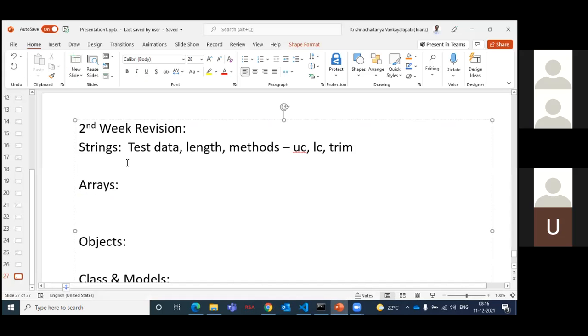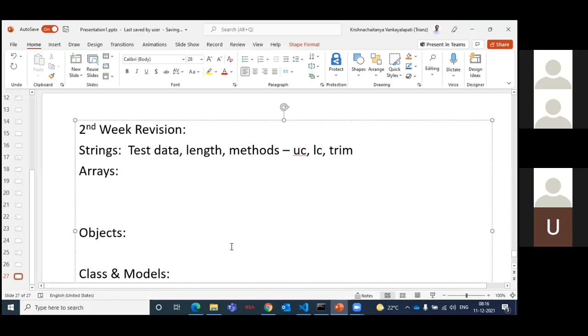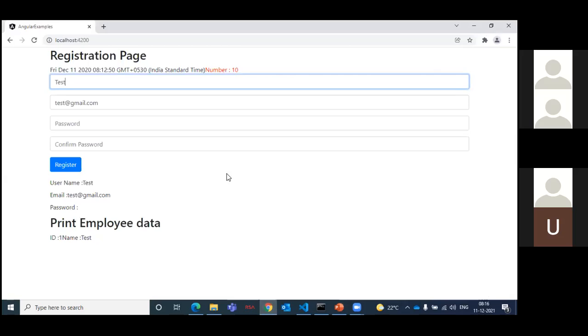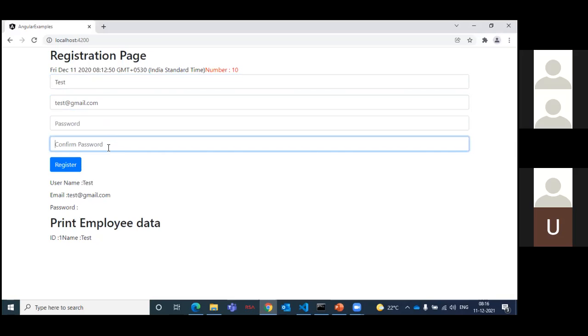Next, what we have discussed: arrays. What happened in the primitive data? For example, we have a page like this. Currently, how many controls? One, two, three, four controls. You can define four variables. But if you have 200 controls, you would define 200 variables. You can define them, but you need to pack them in a bag. For example, if you have currency within a hand, you can hold it. If you have more, you need to put it in a purse.